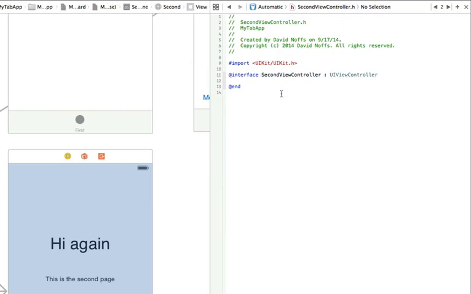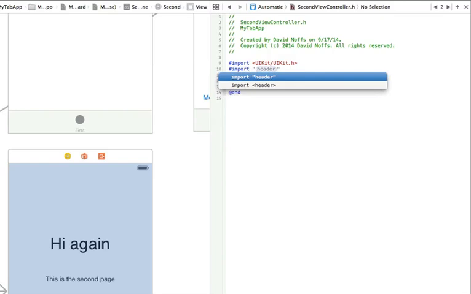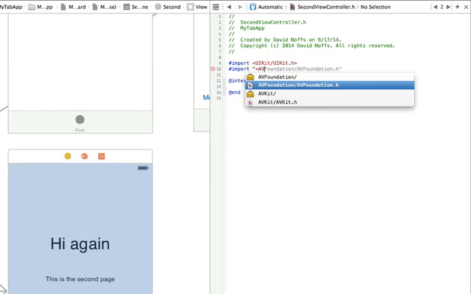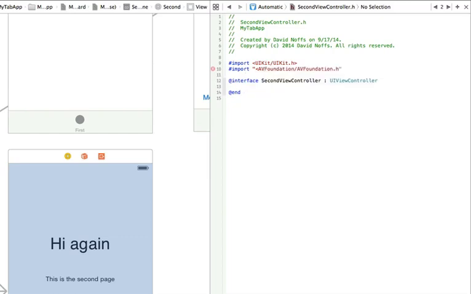But in order for me to actually use my sound objects, I need to import the framework into this header file in order to use those sound classes. So the first thing I'm going to do at the very top of the header file is I'm going to say pound import, and I'm going to say AV Foundation. Notice that it hints at it. It says, oh, you want to use the Foundation framework that you've added to this app. So I can click return